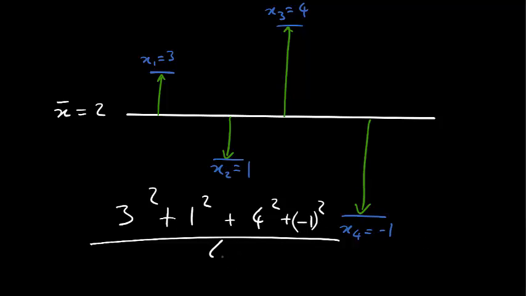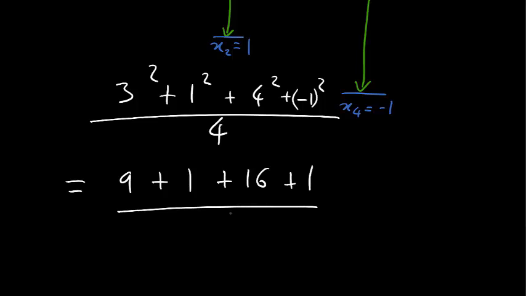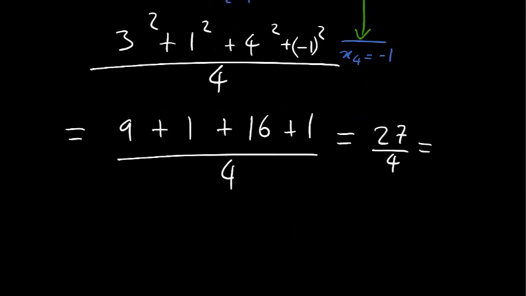And how many have I got? Well, I've got 4. So 3 squared is 9, plus 1, plus 16, plus 1, all divided by 4, which comes out as 27 divided by 4. So 27 over 4 is roughly